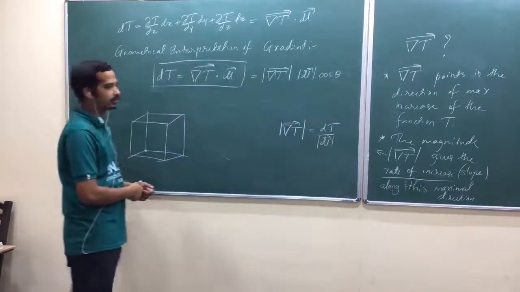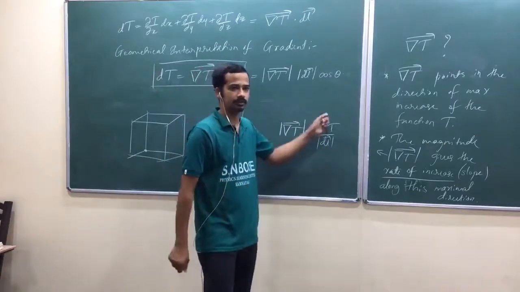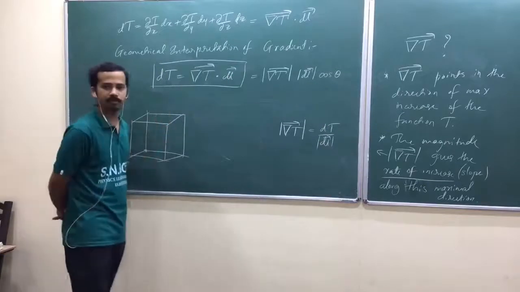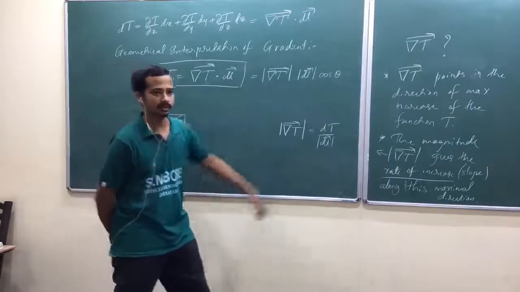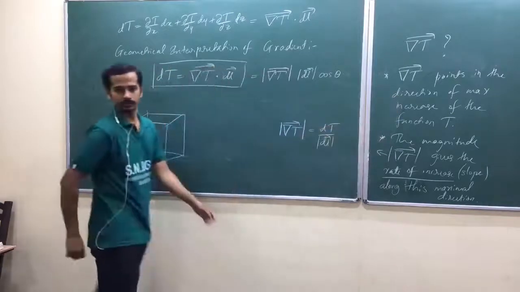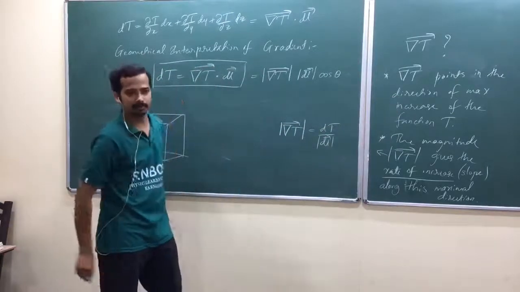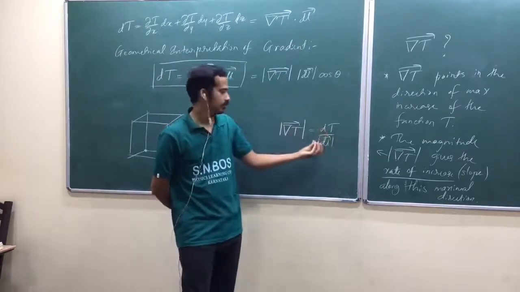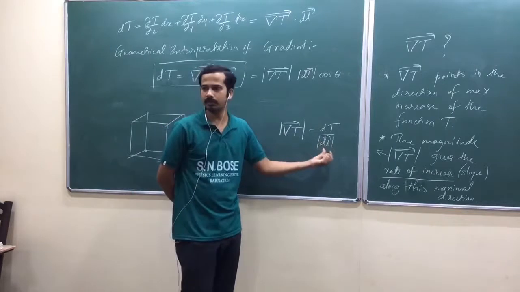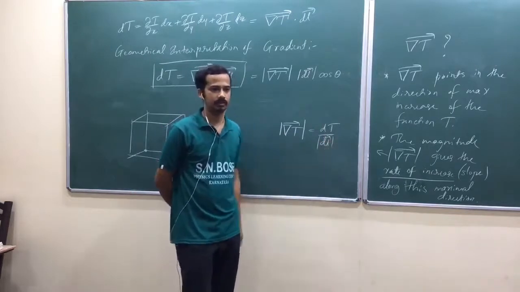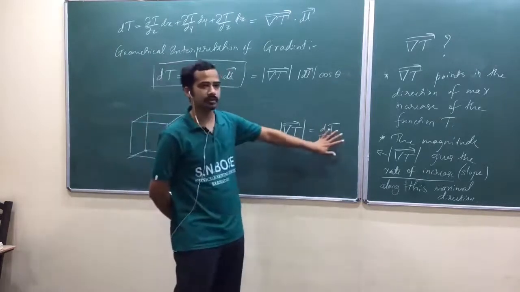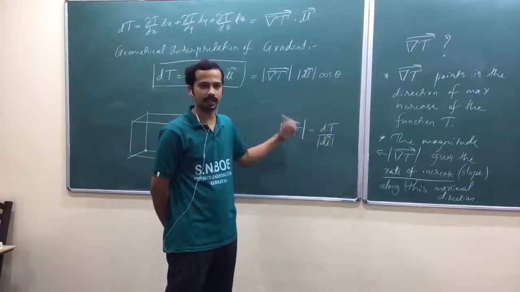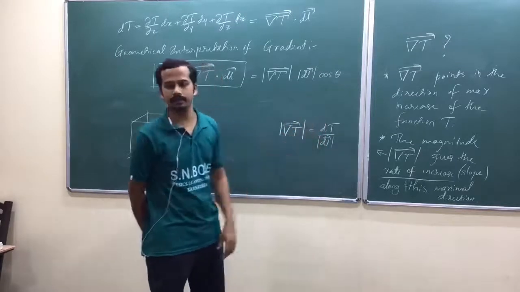So now that should be the maximum rate of change. Is it okay? This should be the maximum rate of change. Or in that direction, the change in temperature is maximum. That's what this says. dl is the same. So the numerator is maximum, and the denominator is the dl vector, the infinitely small displacement. We will never change this one, remember. That is always constant. So the numerator, the change dT, is maximum in that direction. That's why this should be the maximum rate of change.